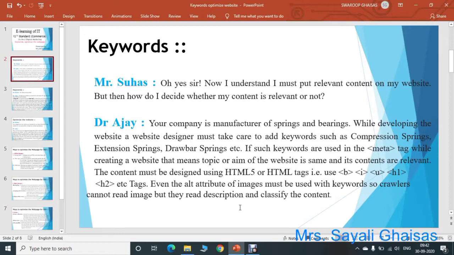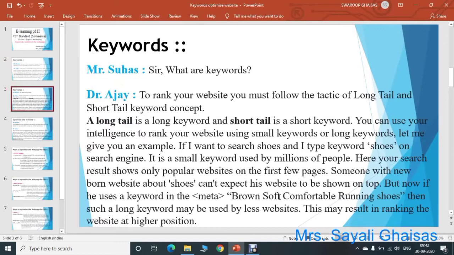To upload an image we use the img tag. Within the img tag we can use the alt attribute to provide a description of the image. So such an alt attribute must be used so that even if crawlers do not read the image, they can read the description of the image and classify the content.